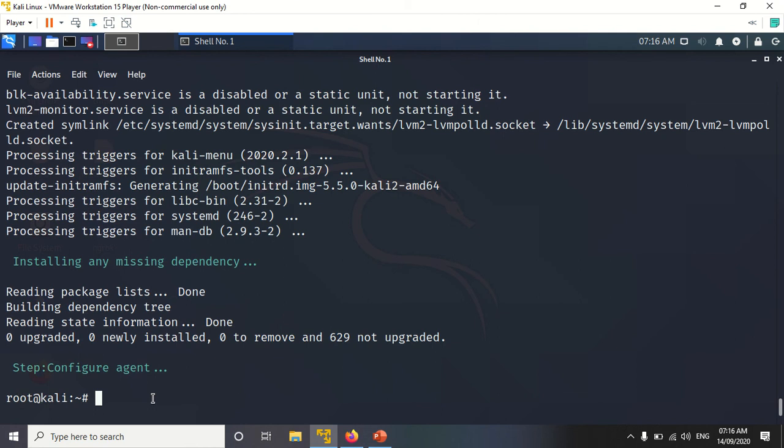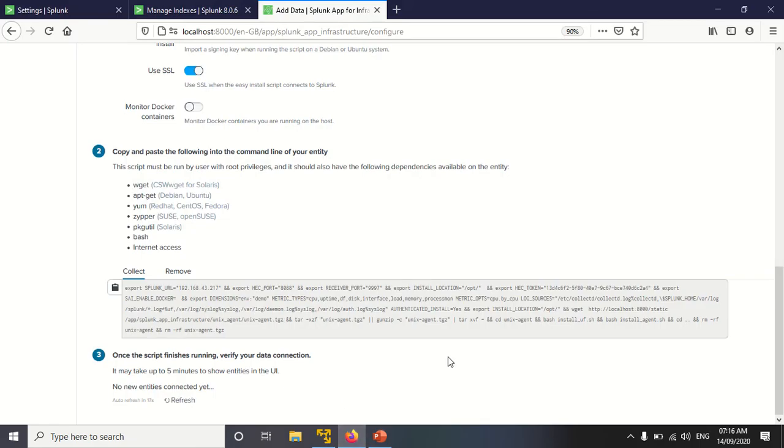The required script is completely configured on my Kali Linux machine. Now within 5 to 10, maybe 30 minutes, the Kali Linux machine will be added here and a new entity will be found here. Because this video would take so long, I'm going to stop the wait here.